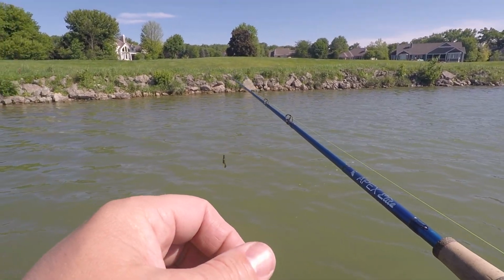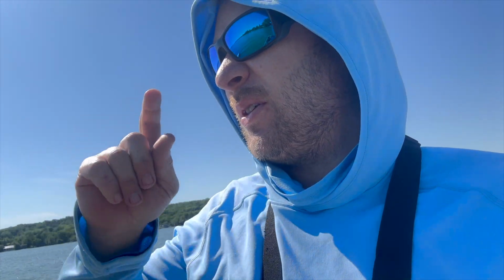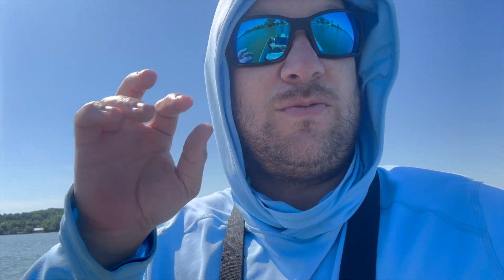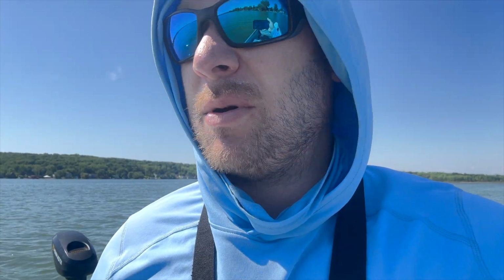That was fun. Now, they get bigger than that out here, but that was fun. Okay, so I think the last thing you guys probably saw is that colorful shore bass, the one I got right on shore. What I'm gonna do here is there's a line of piers. I don't know if you guys can see them over there. There's some big piers on this shoreline along here, and I've gotten some of my biggest bass over the years